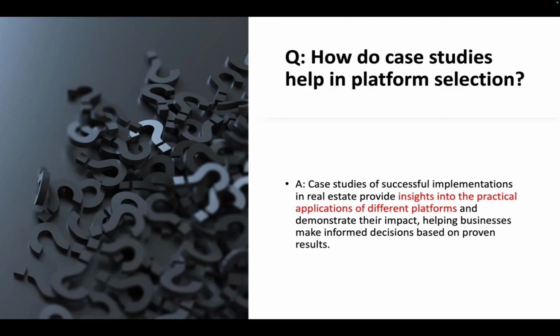So how do case studies help? The key thing with case studies is you don't really want to make every single mistake. With case studies, you can see how organizations have deployed AI solutions. They're not always positive outcomes, but you want to know what the issues were and how you can mitigate those issues and make sure that you don't fall afoul of what you're hoping to achieve. So it provides you with the insights that you need in order to make a decision.